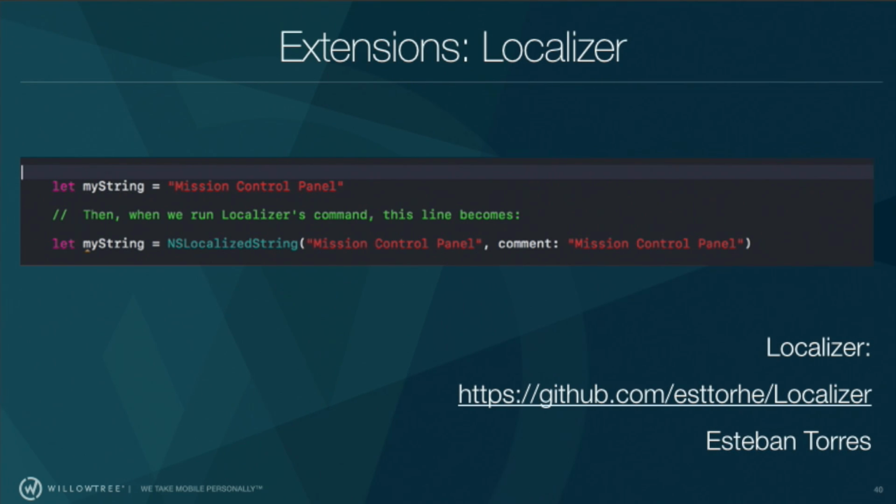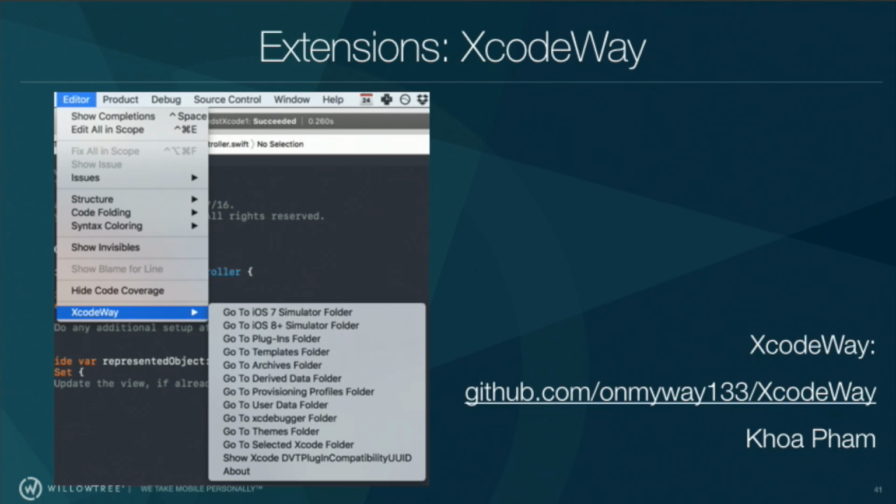This next one is extensions localizer. Recently I was on an app that had to support 6 languages, which is a lot. Making localized strings isn't difficult, but it is tedious and takes a lot of time, and this helps alleviate some of that, especially if it's the first time you're adding a second language to your project and you didn't use localized strings before, so now you have to make all of your strings localizable. What it does is you type something, highlight it, and run a command, and then it creates your new localized string. The comment is just what it originally was equal to, and of course you can edit that. I really think this is cool.